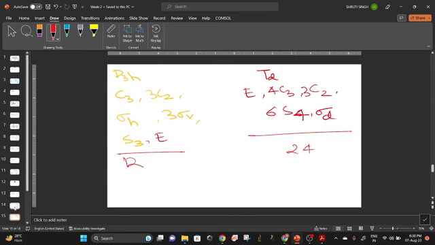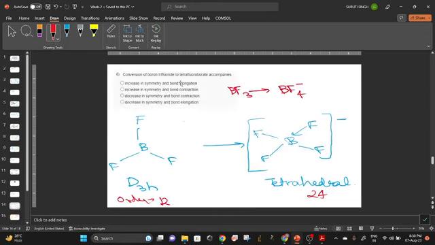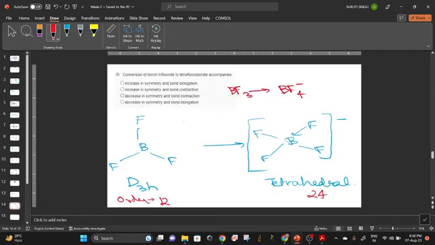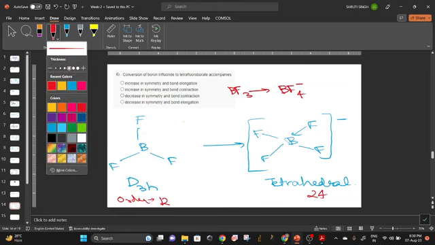Okay, so there is an increase in symmetry. And the other question is bond elongation and bond contraction. It is asking about these BF bonds. What happens to the BF bond when an extra F minus is attached to it? Bond contraction. Why? Ma'am, because now the effective nuclear charge of boron has to be shared among the 4 fluorine atoms. So there will be contraction of bonds from the other 3 fluorine atoms.